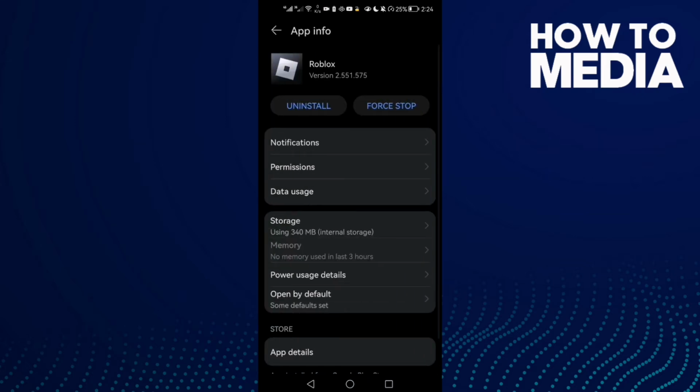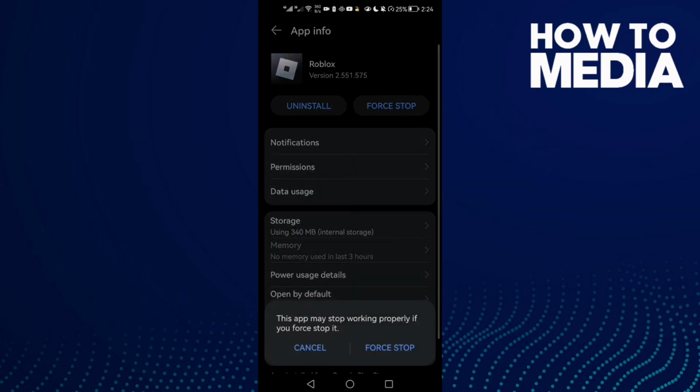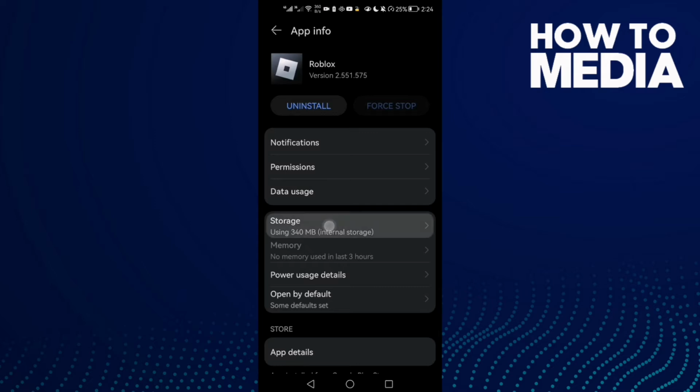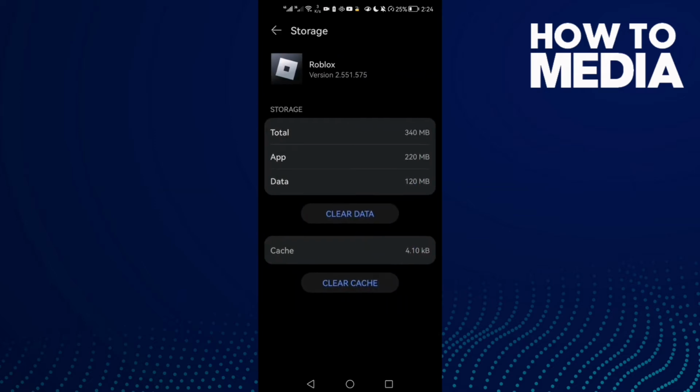And as you see here, you will find force stop. Click force stop and then click storage. Now click clear cache